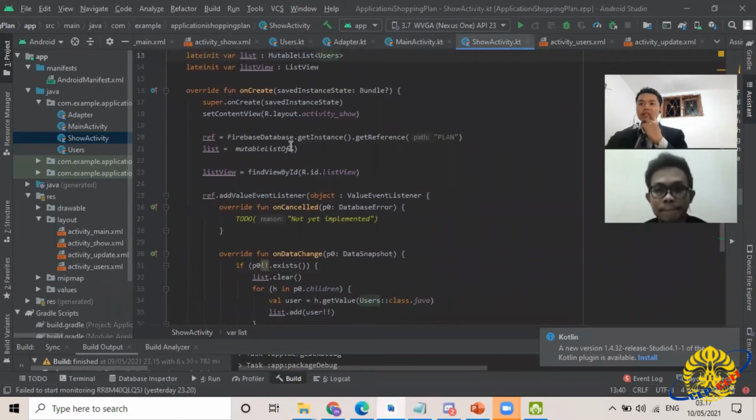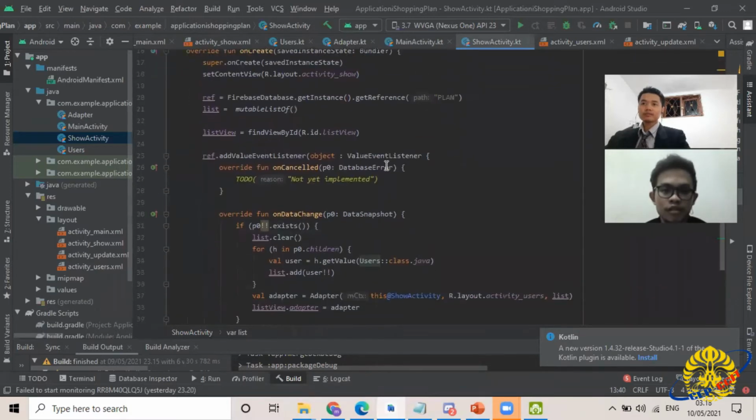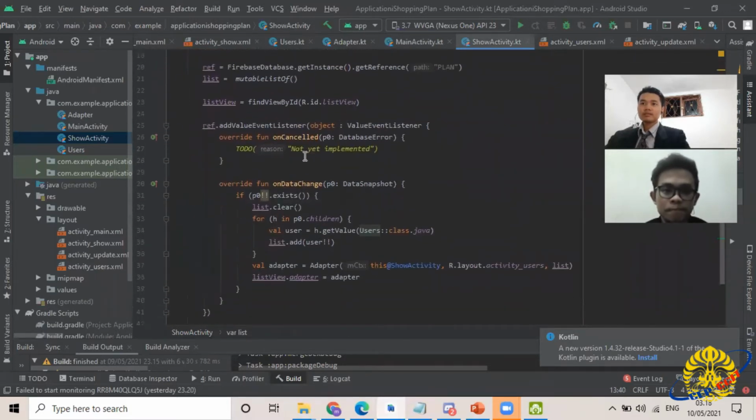Okay, FirebaseDatabase.getInstance().getReference, which is plan, and then mutableListOf. Okay, ref.addValueEventListener object ValueEventListener, and then override fun onDataChange p0 DataSnapshot.